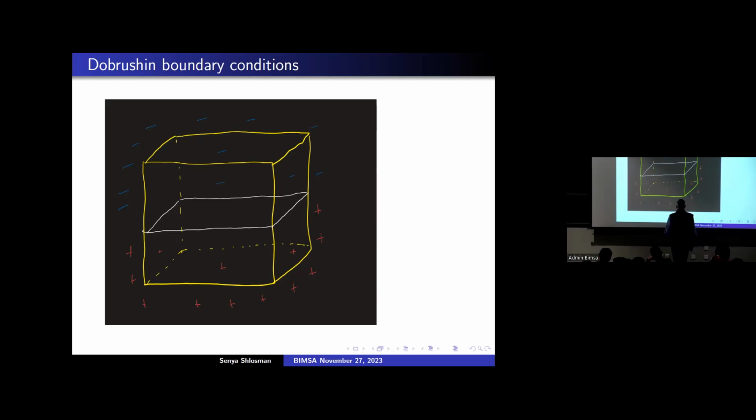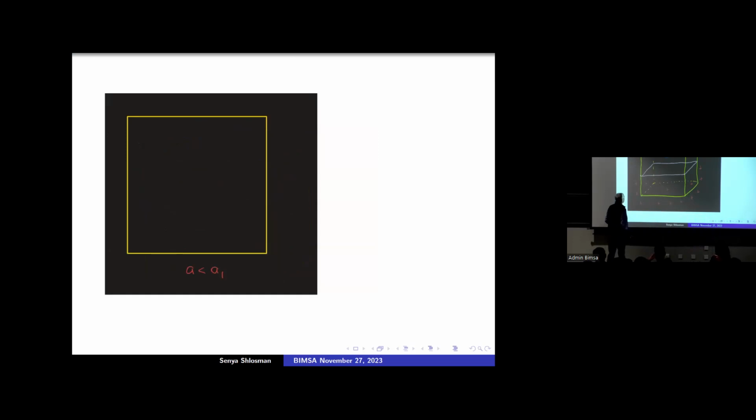And so the first news is this: I will see nothing. It's a square, and nothing interesting is in there, as long as this constant a is less than some threshold value. It's just a flat interface with some small things going up and down. Nothing else. It just stays flat.